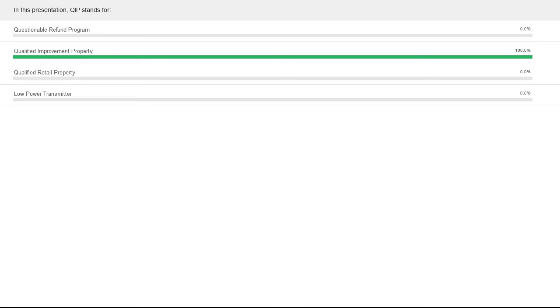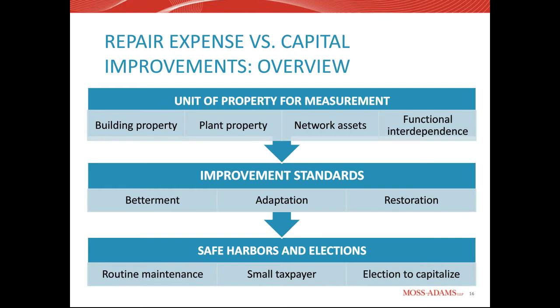The other part, and I'll just kind of set the stage for this, and most people are very familiar with the new tangible property regs, so just give a little bit of the history behind it. I'm not going to spend a ton of time, but just want to talk a little bit about what has transpired over the last decade related to the tangible property regulations. As I mentioned, this has been in play for pretty much the last decade or so. And for tax year 2014, the IRS required you to comply with the tangible property regulations.